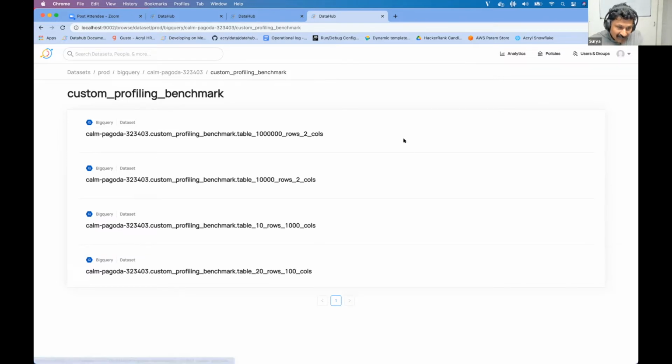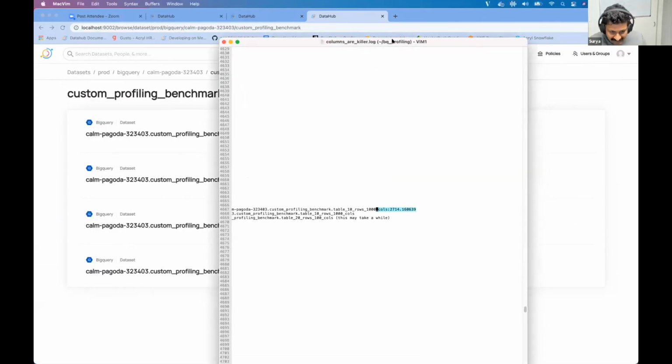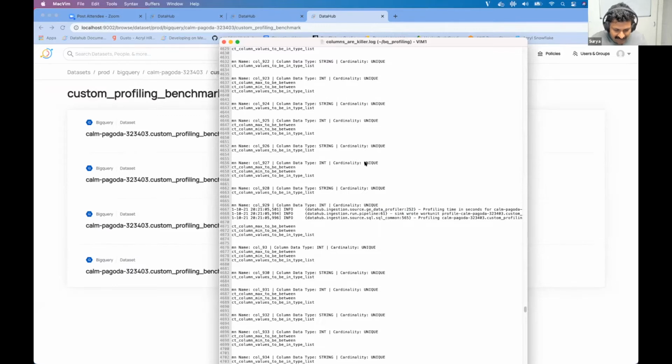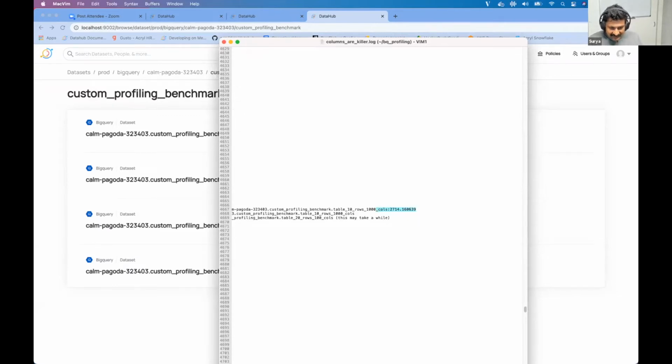What we discovered is that column profiling is the real killer. It happens very sequentially, and it's not easy to parallelize that particular piece. Just to show you how bad it is, I don't want to do this run over here. If you see, the one with 10 rows and 1,000 columns took 2,700 plus seconds to finish profiling.